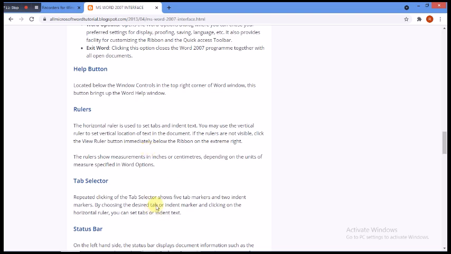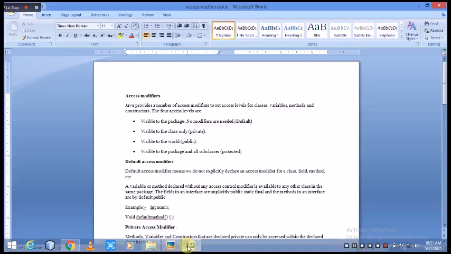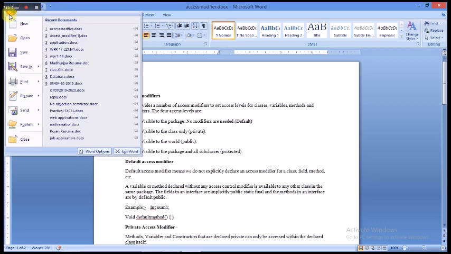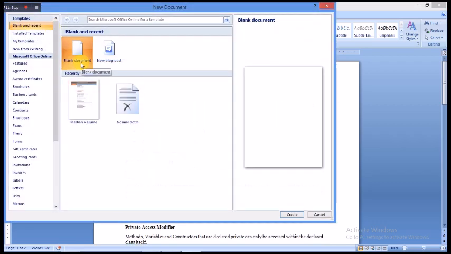So I'll try to give a description in a new line of the document. Now you can see the ruler option is available, so we can change our indenting from here also.